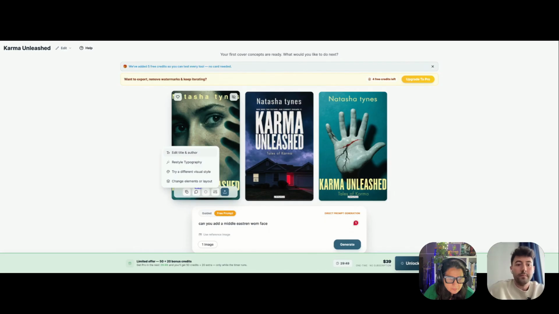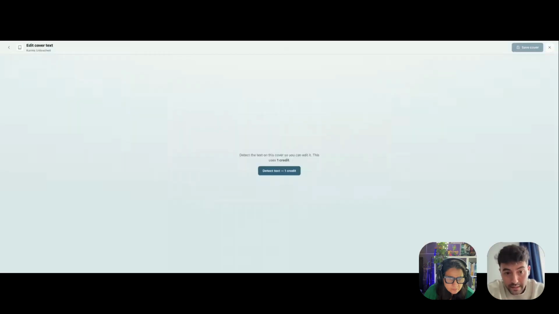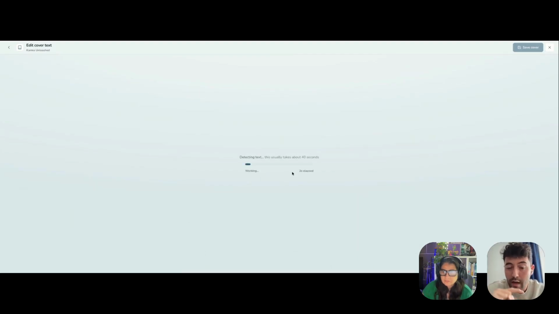With that one, the AI will analyze the fonts and will try to suggest new font locations so you can edit manually. Let's try that one. This is in beta because it sometimes struggles with some kind of fonts, but we are releasing a new feature next week that will work with any kind of font. For example, for the main title, I don't think this is going to work, but let's try it. And you can also instruct in the chat to change the font, as you said.